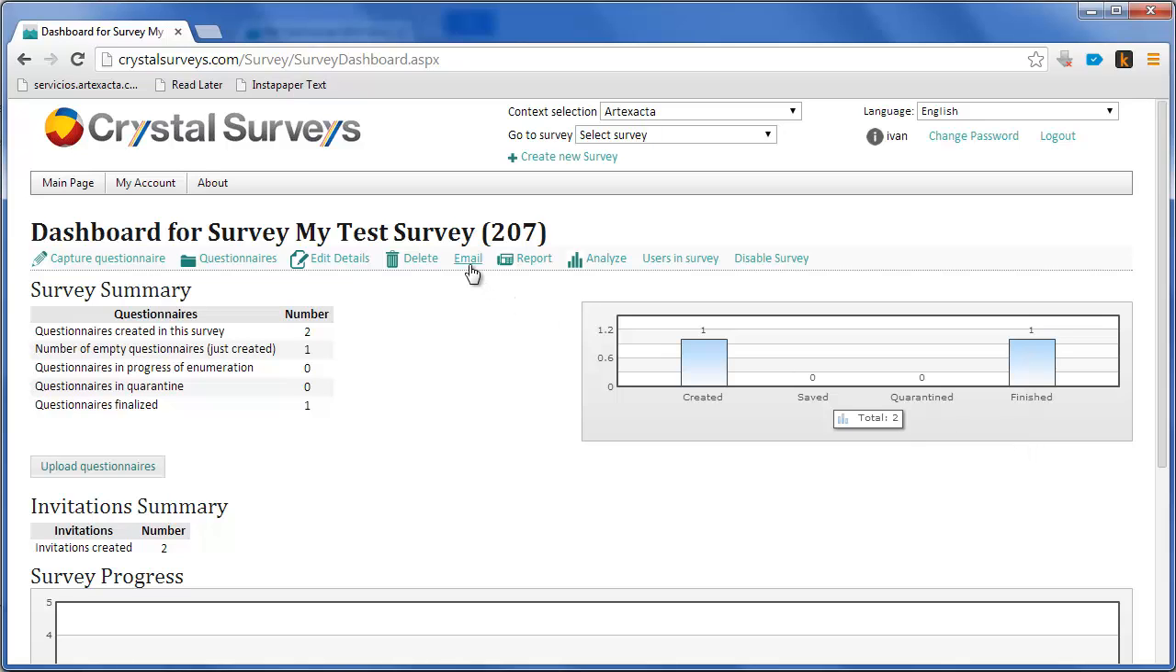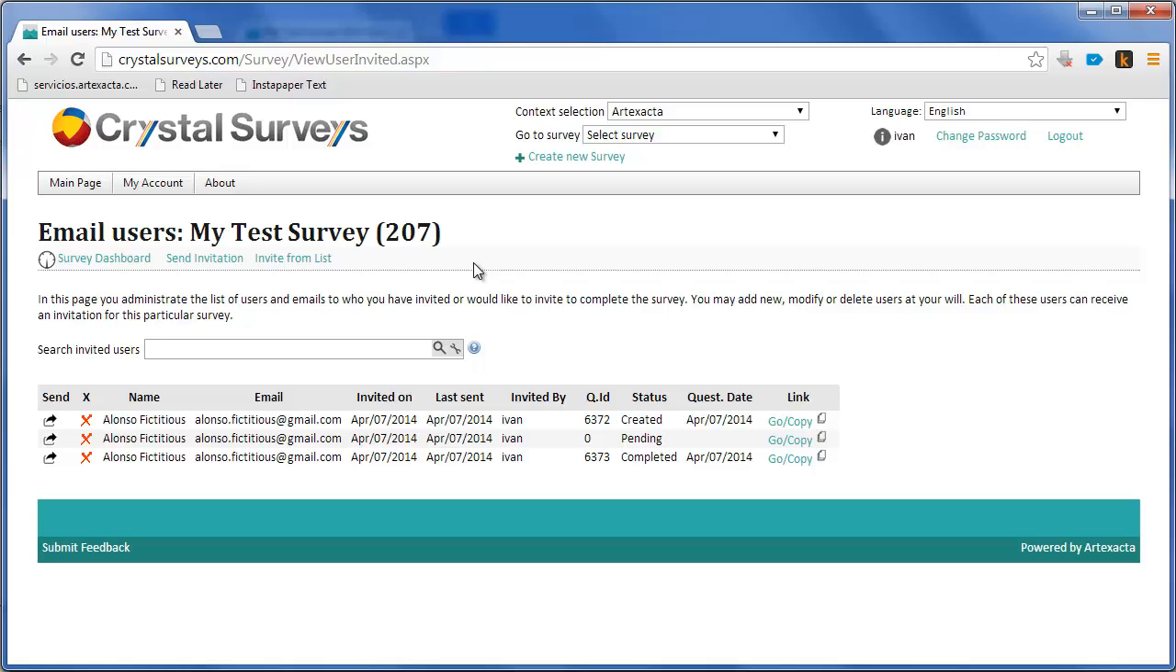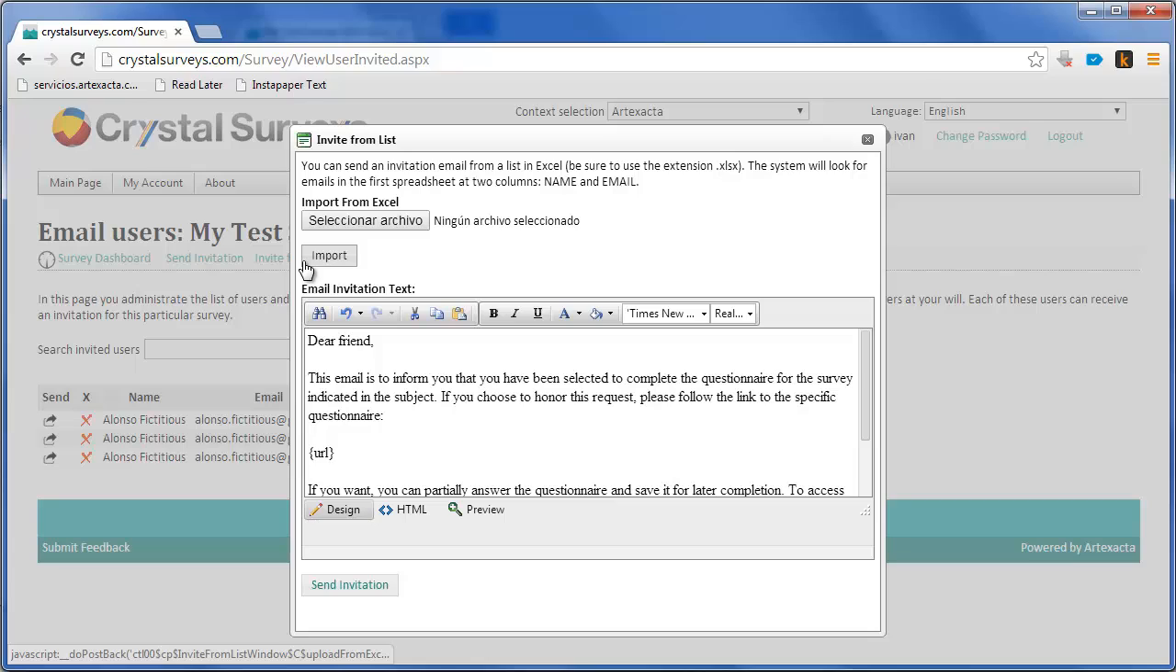If I go to the email dashboard again, you will notice that this list is also telling you that there's one questionnaire that was completed, one questionnaire that is pending, and one questionnaire that was created. If I want to send questionnaires by email to many people, I can use the option Invite from List, and the system will present to me a screen that is similar to the one that I used to send a